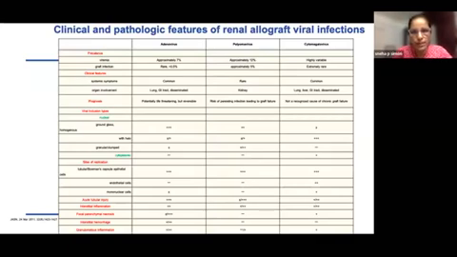So this is the slide which compares the features of adeno, BK, and CMV. The prevalence of viremia, as I already mentioned, is around 6.5% for adenovirus, and polyoma is more prevalent, with viremia of 12%, and it is highly variable for CMV. Graft infection is more with polyoma than adenovirus, and it is usually rare with CMV.